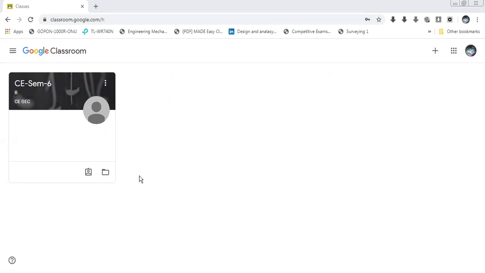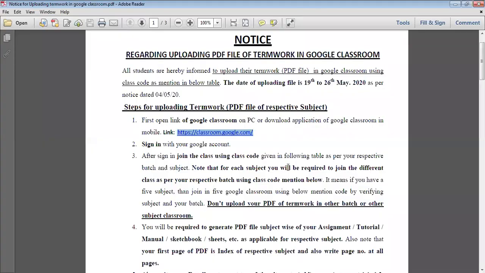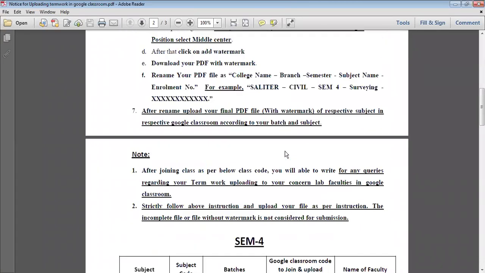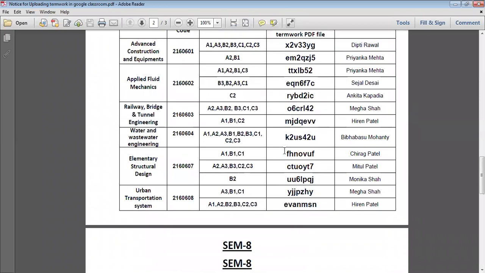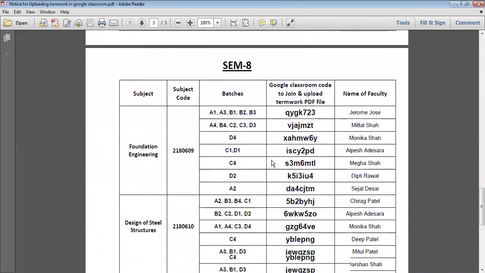So how can you start? As per our earlier notice, a different class code is given to you for each different subject. That is already mentioned in the notice.